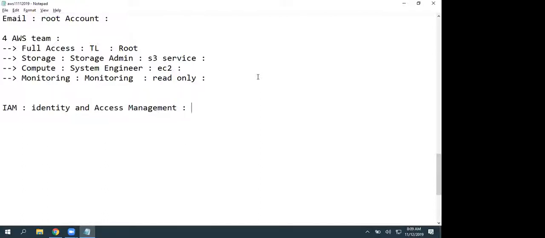For our day-to-day activities, we are not going to use the root account. We will use IAM. Generally in organizations, the IT manager or accounting manager is going to hold the root credentials. They are not going to give the root credentials to everyone. If it is a very small organization, yes, you may get a chance to work on that, but generally, no.